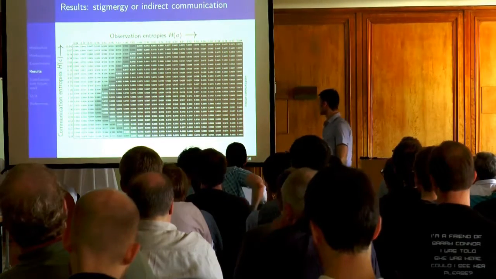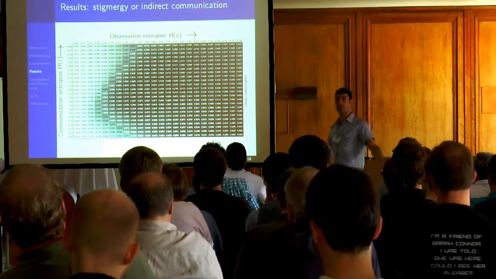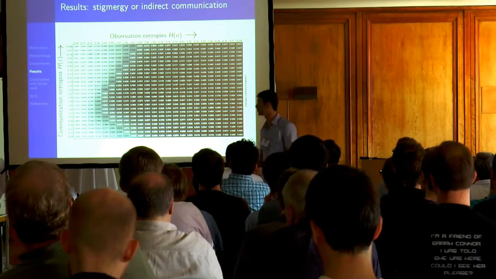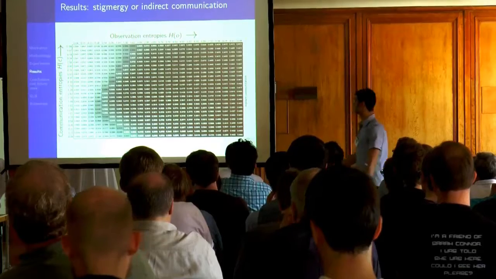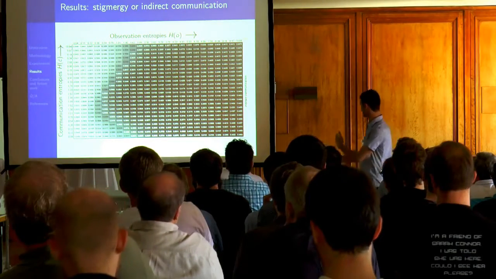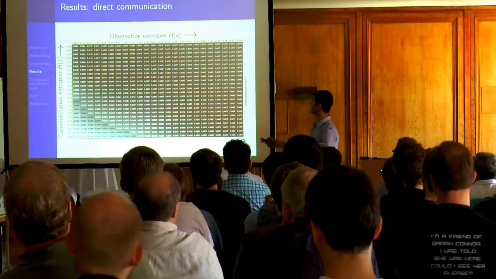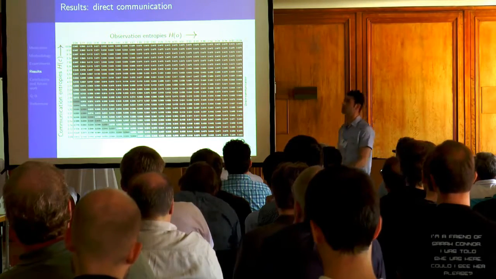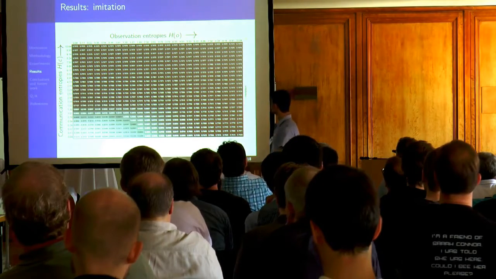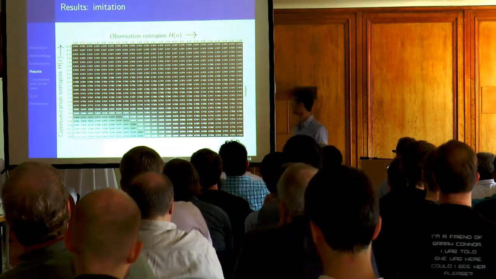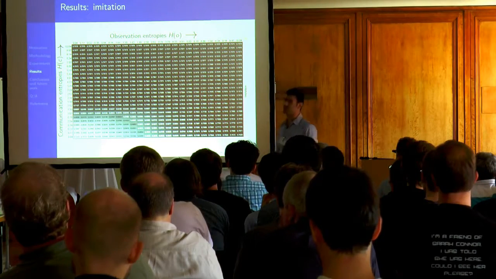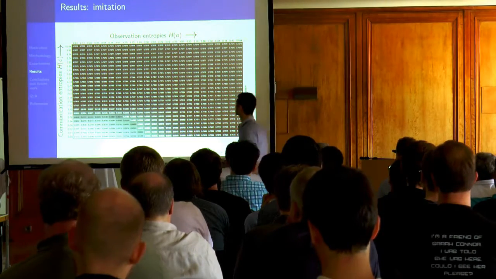All right? So, the first general picture here is that we can see some kind of pattern, all right? For stigmergy, for example, we see that the maximum scores are somewhere in here. I'm sorry, it's not very clear here. In the direct communication, it seems to be the same if you move that way or that way, so communication or observation. In imitation, it seems like you have a different pattern as well. So, how can we analyze these 50 shades of gray, or whatever you want to call them?